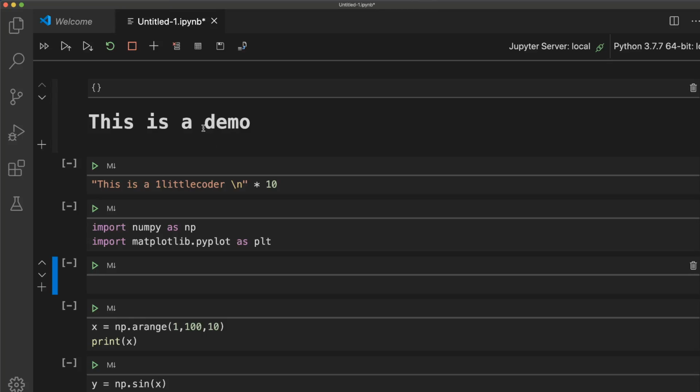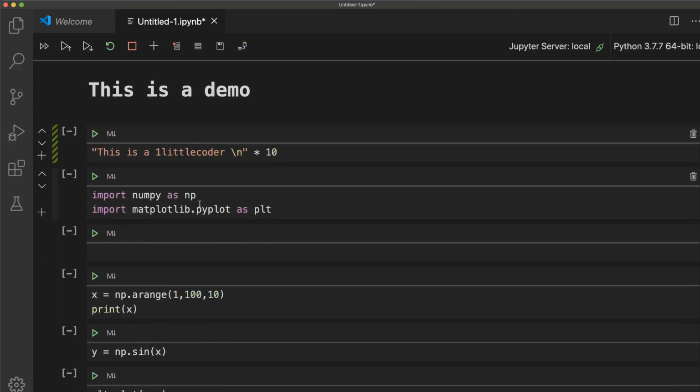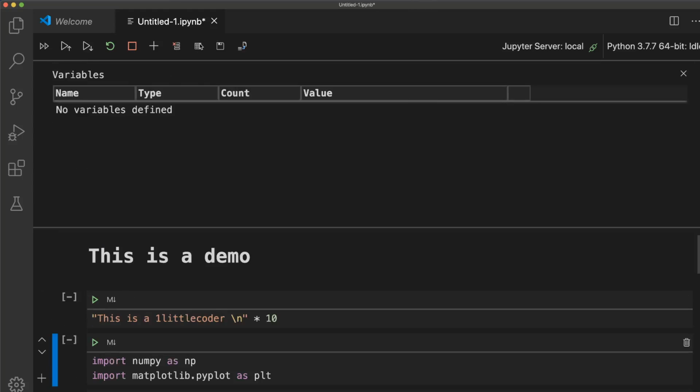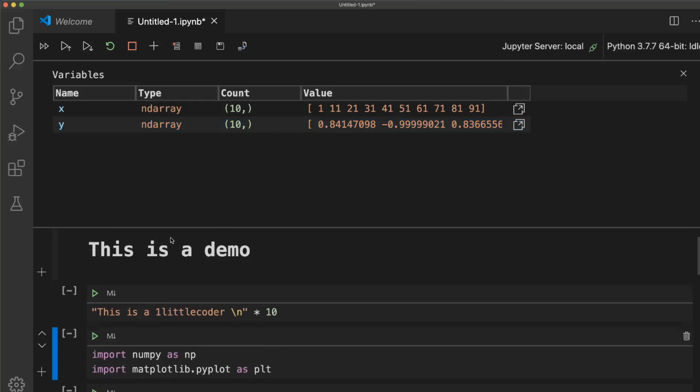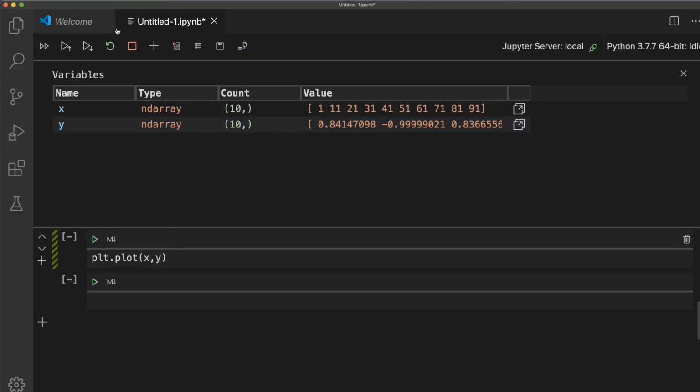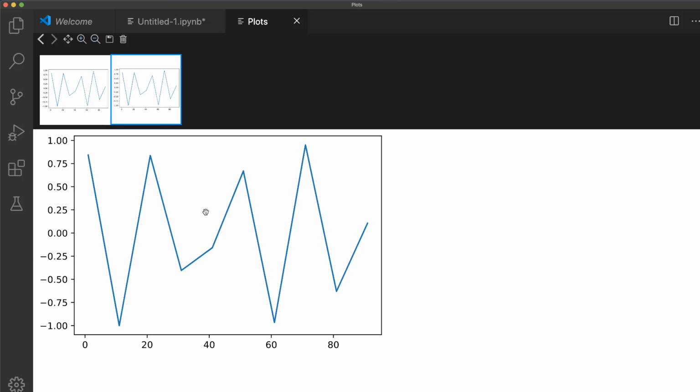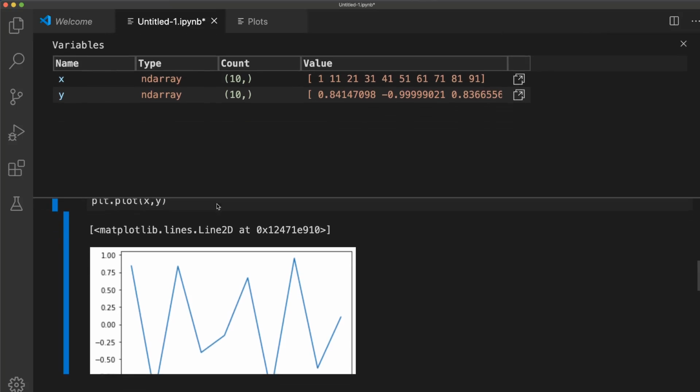You can have markdown to code, code to markdown, all the keyboard shortcuts that you use with your Jupyter notebook work exactly like that. You can write a normal Python script. You have a variable, let me run this. You also have a variable explorer that you can explore, and you also have a plot explorer. Let's run this plot explorer, and then you can explore the plot. It also supports interactive visualization, which means you can make a plotly plot or plotly express or bokeh, and then you can also explore that.